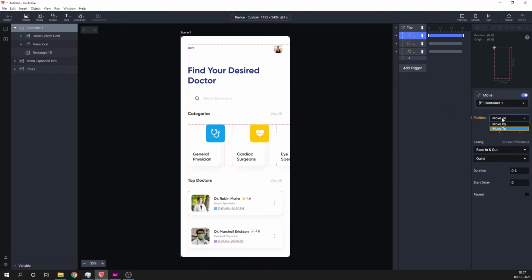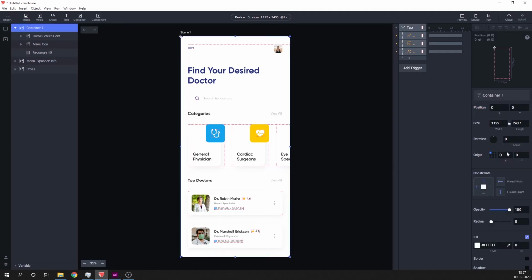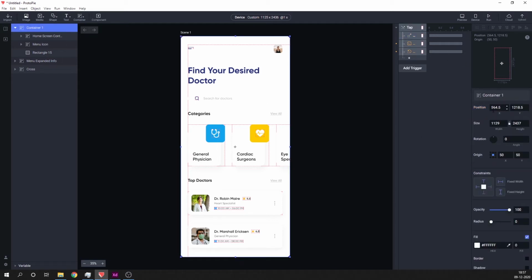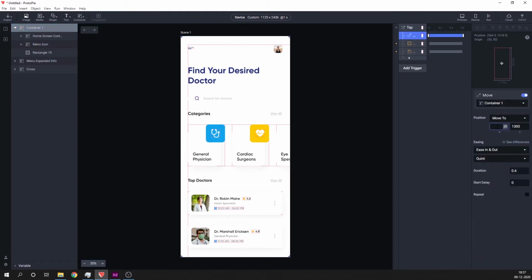So let's go to move, and we'll move it to the main position. Okay, we just make center line, so it is 1218.5, so let's make it around 1300, and the X position is 564, which means it is the center, so we want this X to be somewhere here. Let's make it 1100,